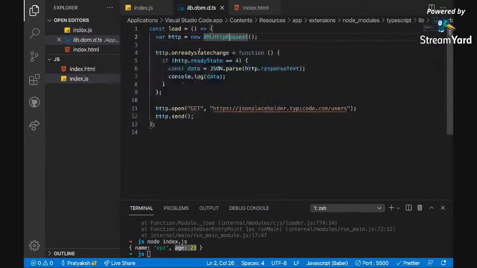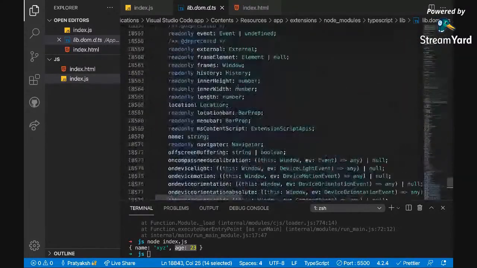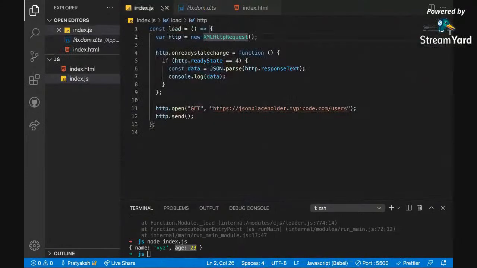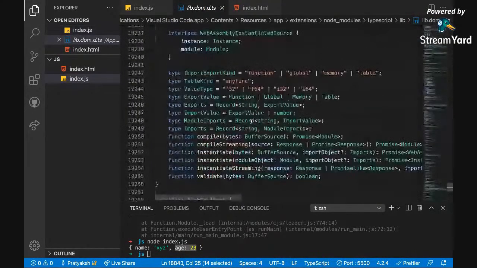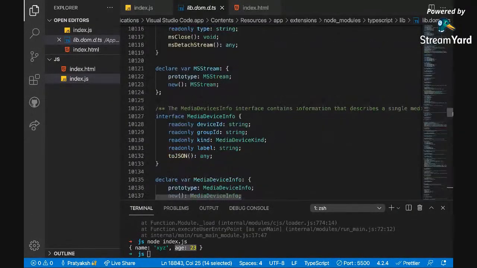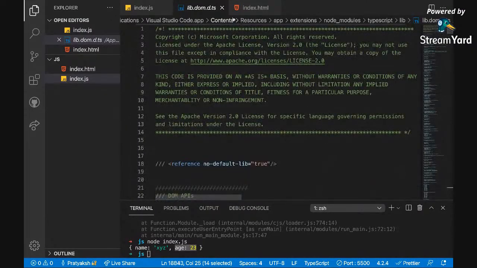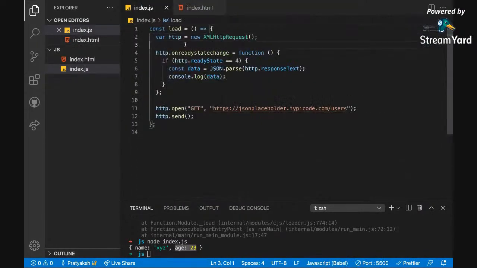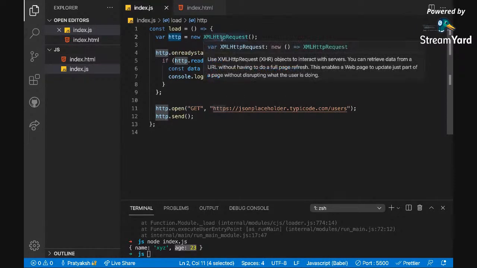JavaScript has defined this complex thing called XML HTTP request, which can be used to make an API call from JavaScript without any third party assist. So we give var HTTP new XML HTTP request, and now this HTTP can be used to perform different functions defined in this file.